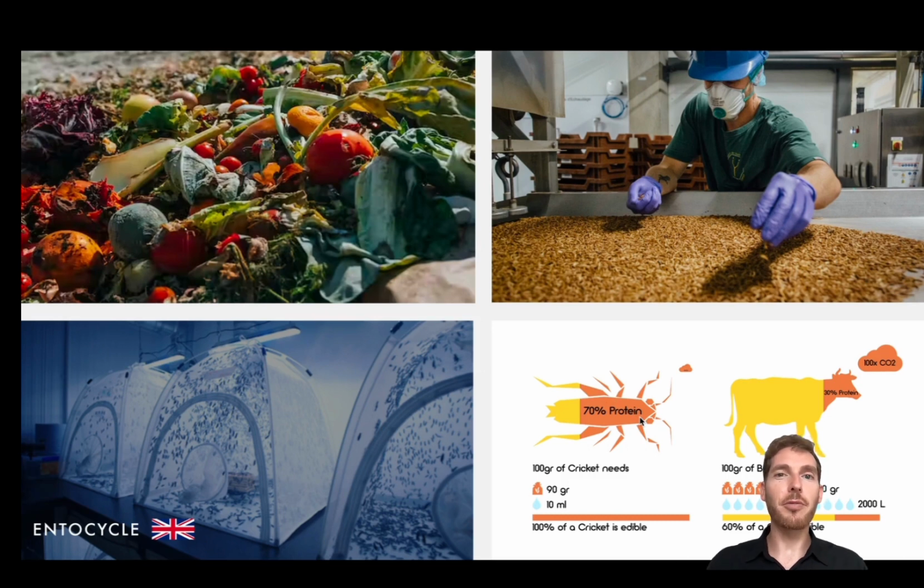They believe that with the explosion of this market, that will be reformed in the EU. The EU is about to pass reforms to enable and to allow insects as potential human food, and also has already done it for animal feed and fish feed. There's an explosion across the world. It's literally a gold rush in some parts of Africa, South America, and Southeast Asia that is also coming to